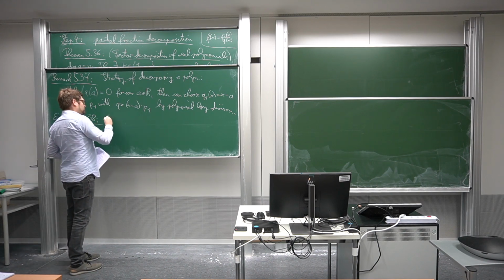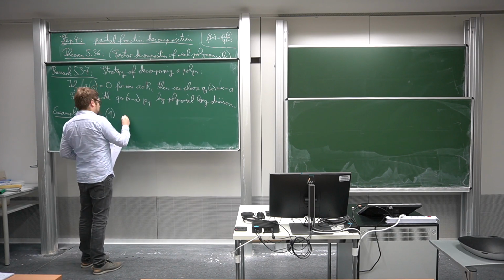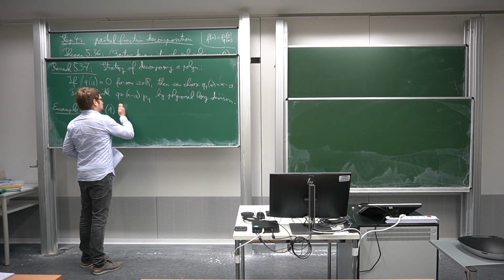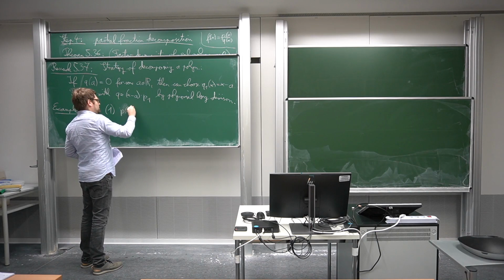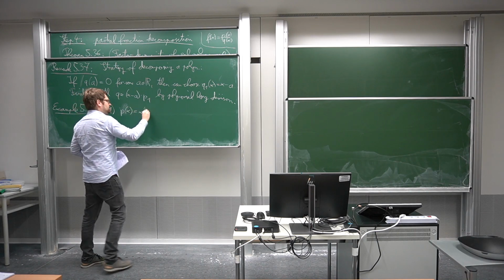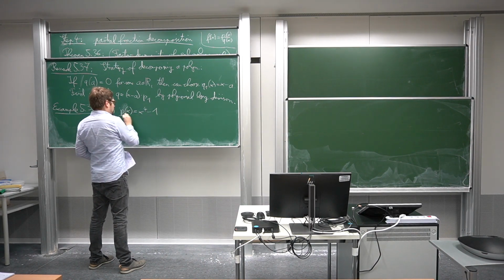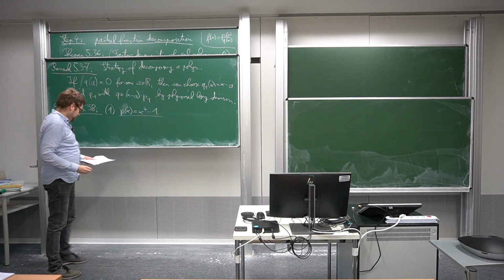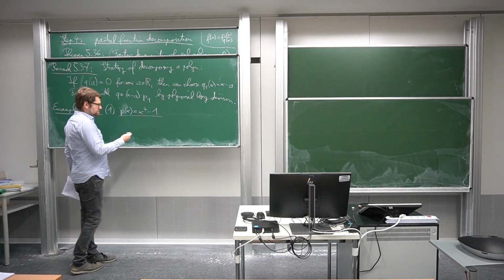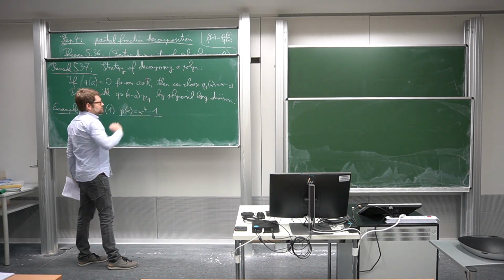Very simple ones. The first one is x to the 4, let me call this, by abuse of notation, p of x. Sorry, this is not related to that p up there. x to the 4 minus 1. Here we can use, this is basically something where you don't have to do this procedure there, because